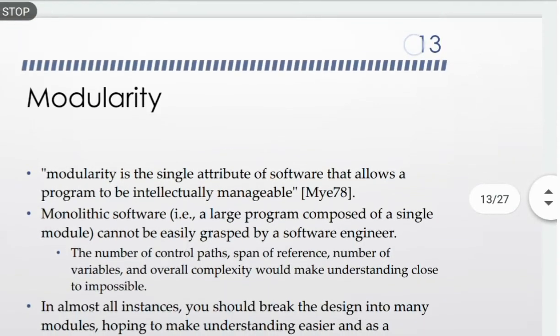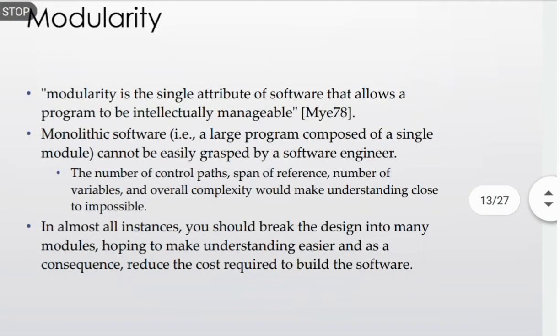So the next one is modularity. Modularity is the single attribute of software that allows a program to be intellectually manageable. That is, software architecture and design factors embody modularity. That is, software is divided into separately named and addressable components, sometimes called modules, that are integrated to satisfy problem requirements. It has been stated that modularity is the single attribute of software that allows a problem to be